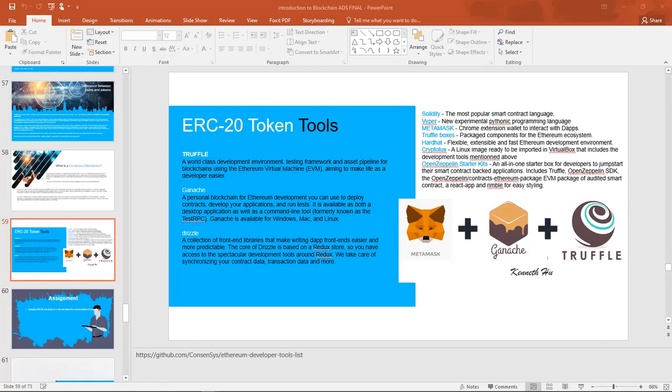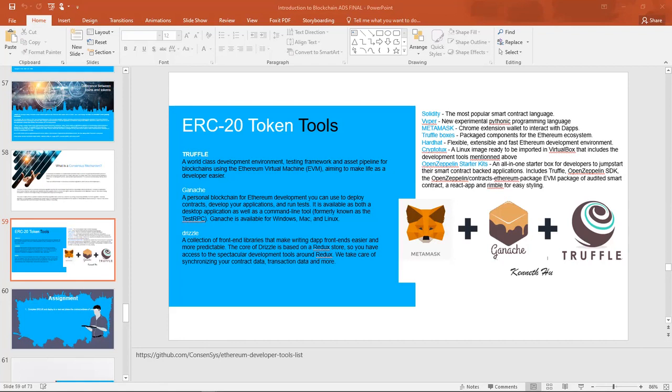For assignment 6, you can create a Binance account and do a buy order. That one you can be able to do. And then we have create a simple DApp and deploy to a testnet. So this one I'll help you. I'll guide you on how you will be able to create and also deploy to a testnet.